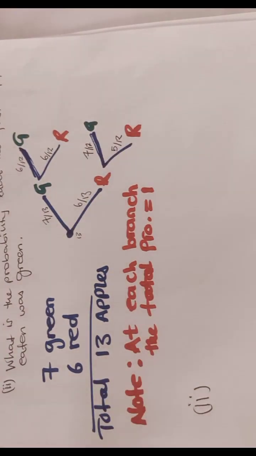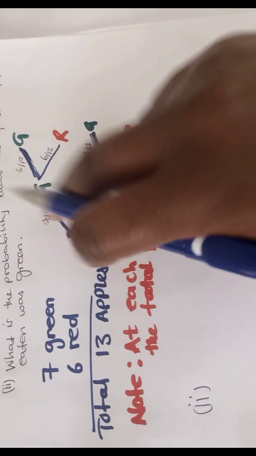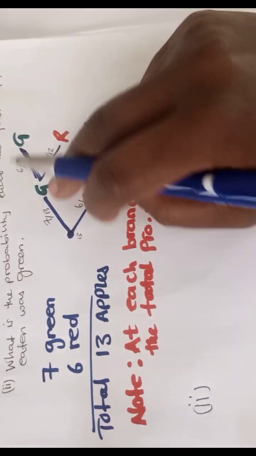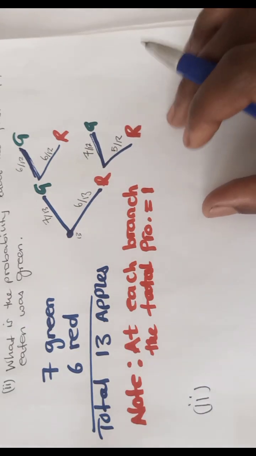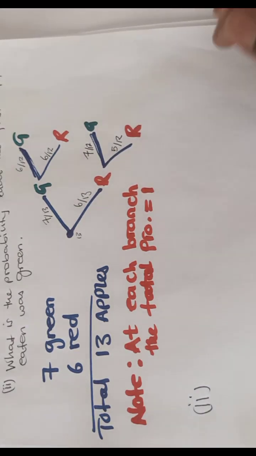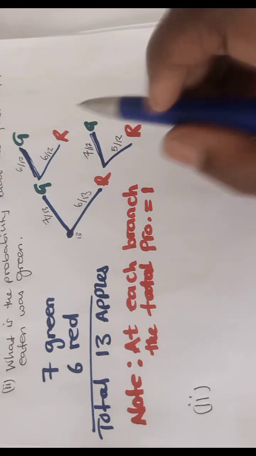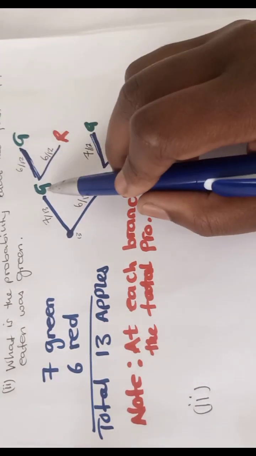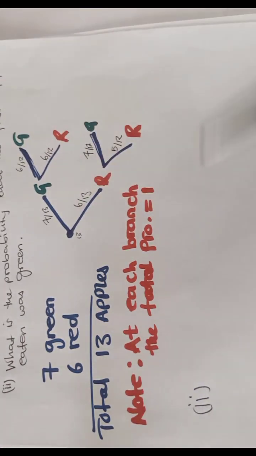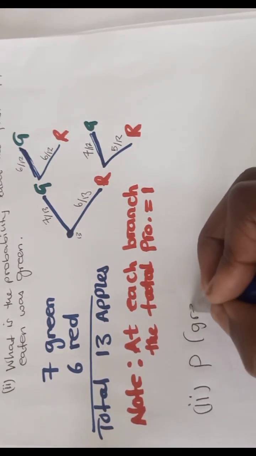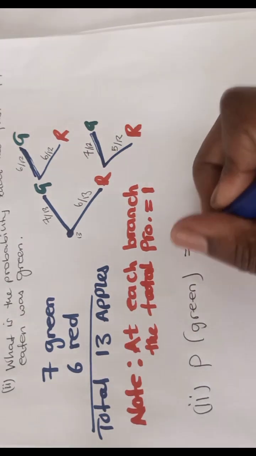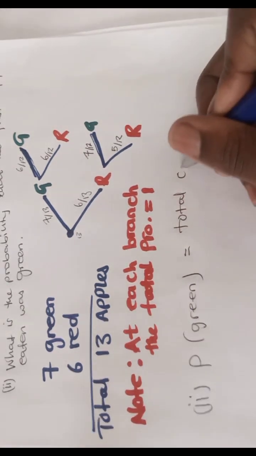For the second part, the question read, what is the probability that the first apple eaten was green? So our tree diagram already has our probabilities. Probability that it's green is 7 over 13, I mean. Now, looking at the marks, I have 3 marks, I need to think a little bit deeper than that. Okay, so there's so many ways that you can solve it, either by multiplying G times G, then you add G times R. But in this video, I would use probability that it was green is equal to total outcome